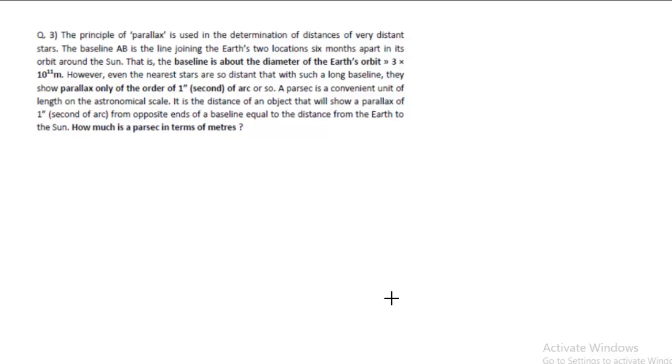Now some stars or some planets may be nearer to Earth and some stars may be away from the Earth, or we can say they are at the end of the universe but they are visible. So some stars are close to Earth and some stars are away from Earth. If you observe those distant stars which are at the periphery of the universe, they appear to be at